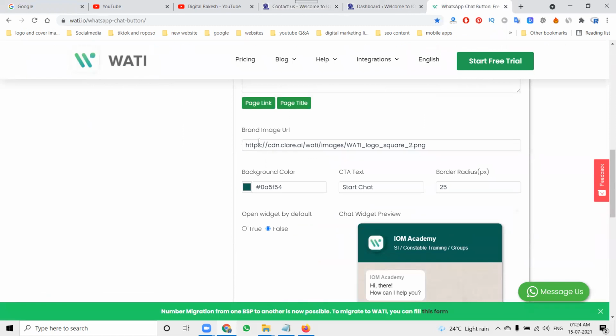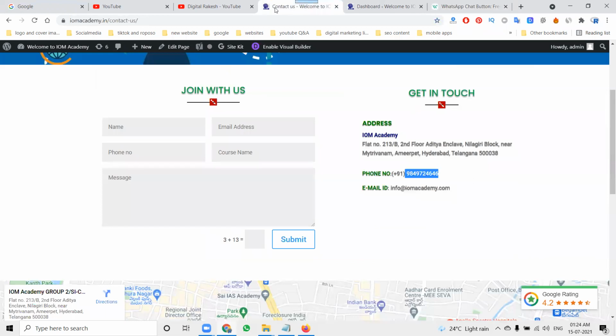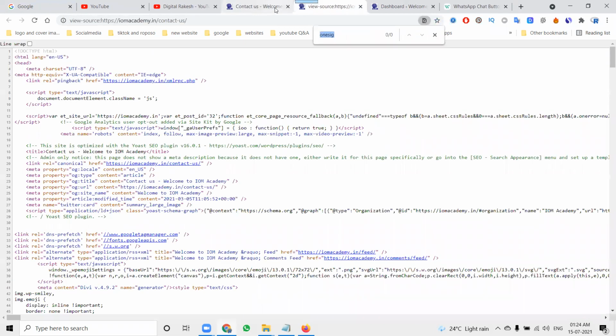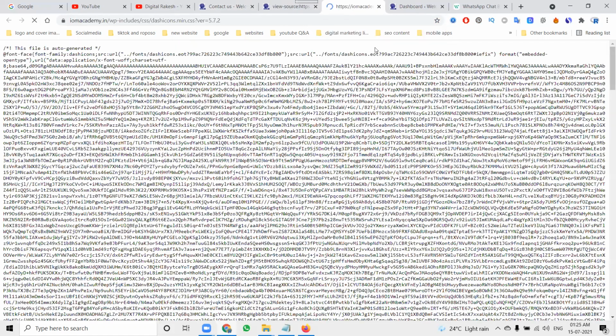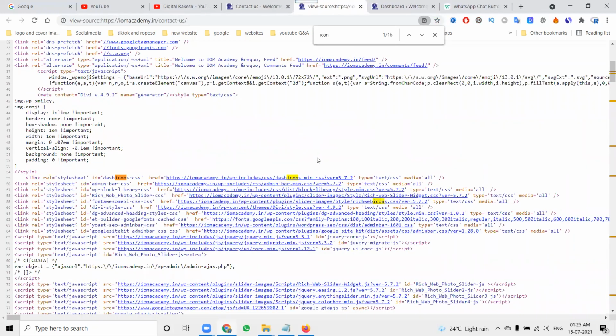Here the final option is the image URL, which is nothing but your icon. Suppose you're using your own icon, Control F. So you can use it as your icon. What icon will be used?